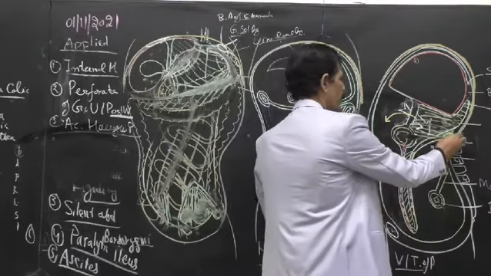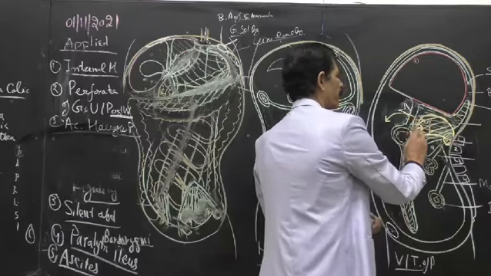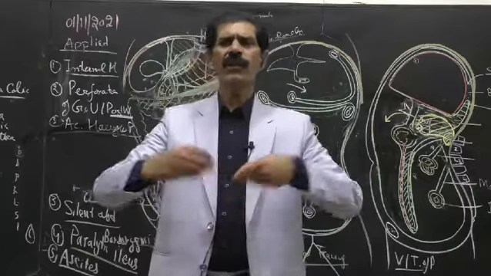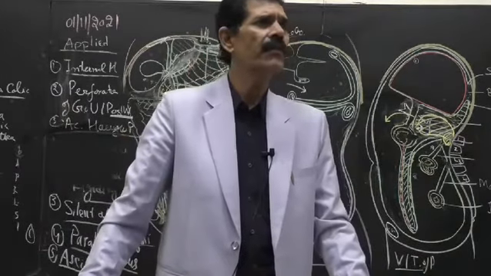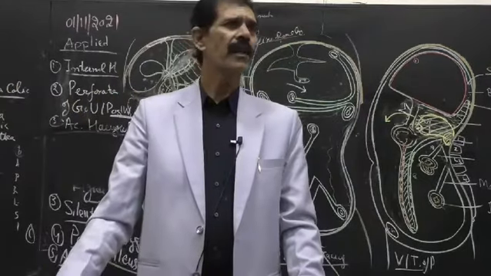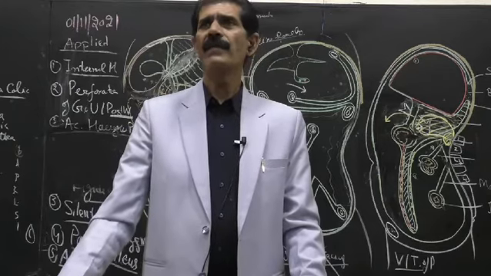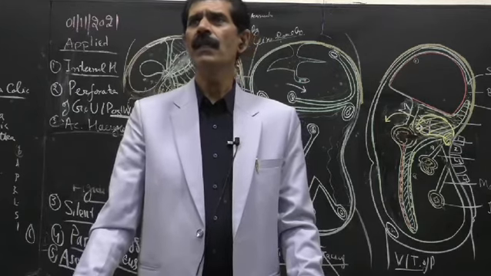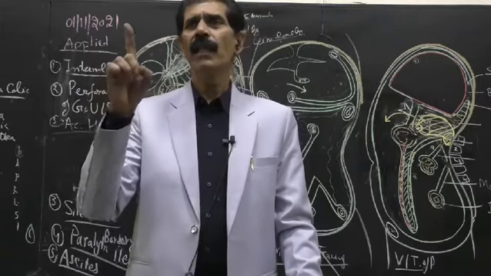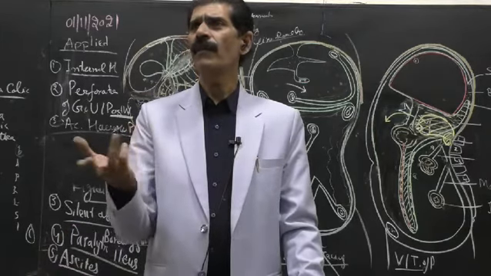It is becoming swollen. It occupies the lesser sac, and pancreatic juices, which are made for the digestion of food, are now coming out of its surface. The most deadly and devastating enzymes in the pancreatic juice are trypsin and chymotrypsin. They are proteolytic enzymes.